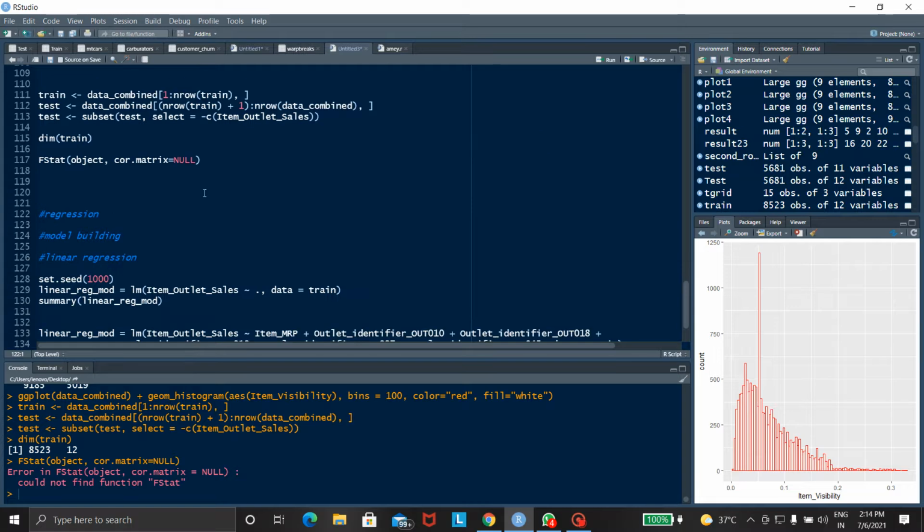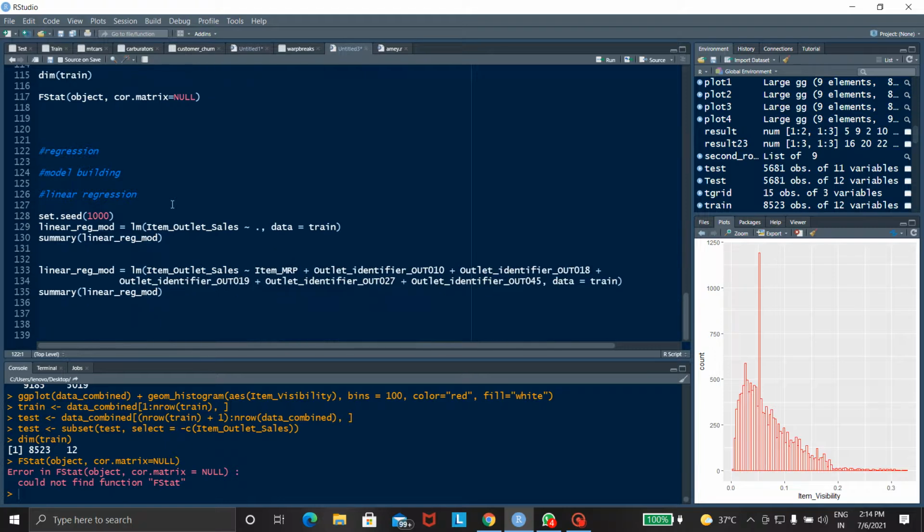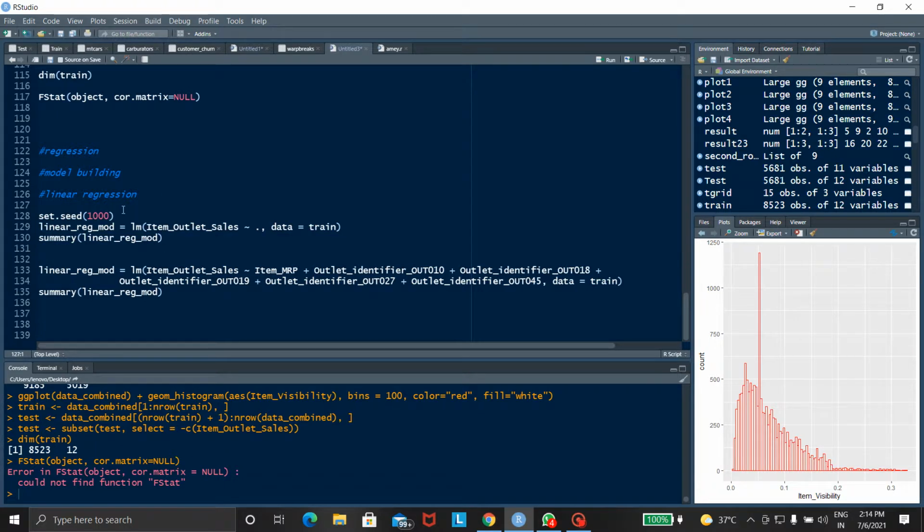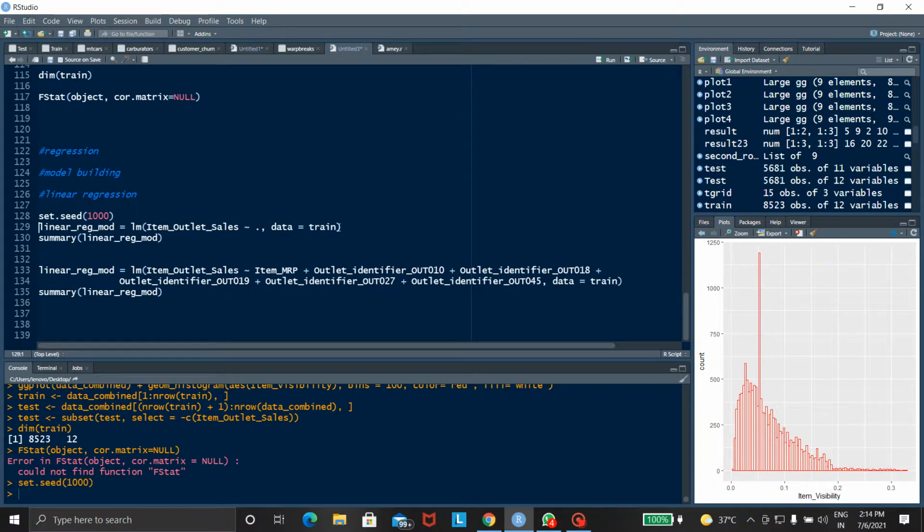Then last is regression. In this regression, first we have model building, then linear regression. To find linear regression, here is the program. First run this single line of code.